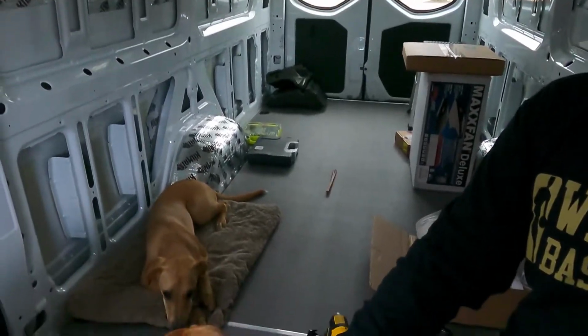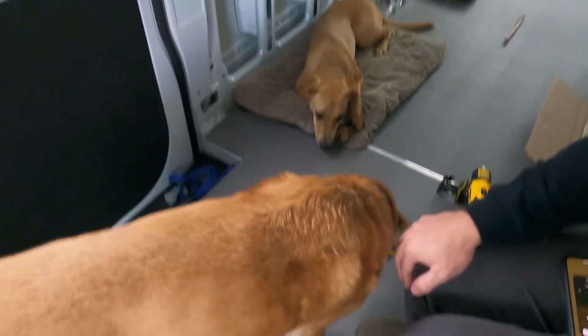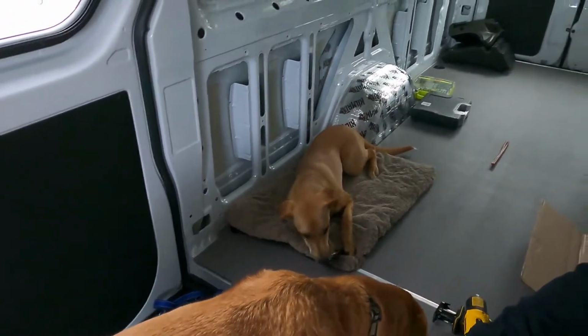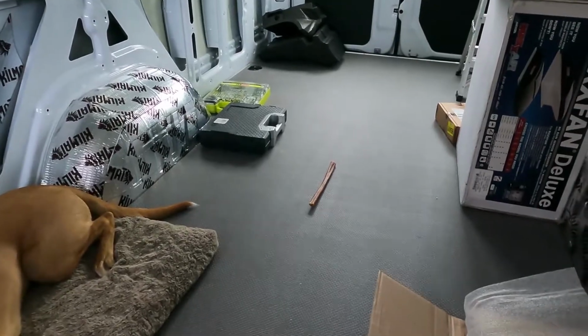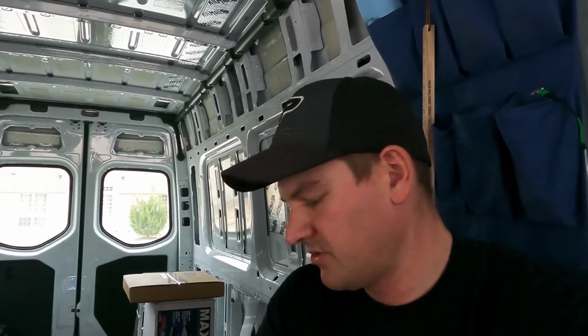We are hanging out in the van for a little bit here, and Winston's chewing on his bully stick, laying on the bed. Murphy left his bully stick pretty much untouched. He does that. He leaves his treats untouched when he's just not very pleased with something. So the boys are gonna hang out in the van for the afternoon, and while the dogs chill a little